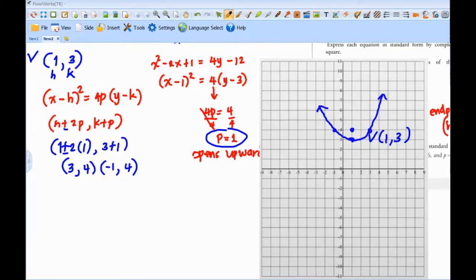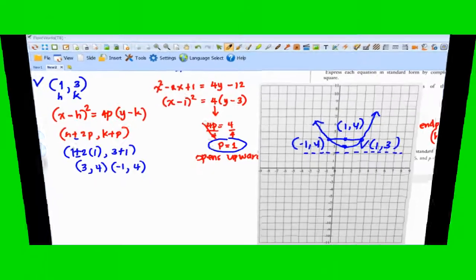Okay, so our focus is at 1, 4. This is negative 1, 4. And this is definitely our directrix. Okay,